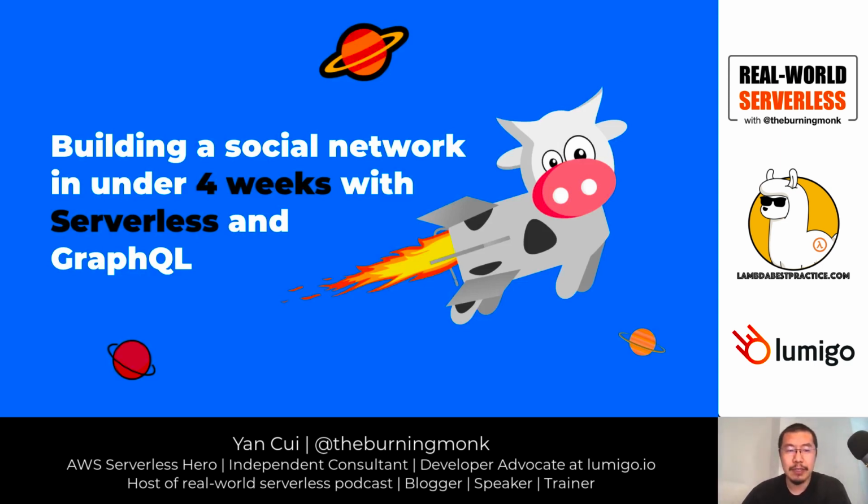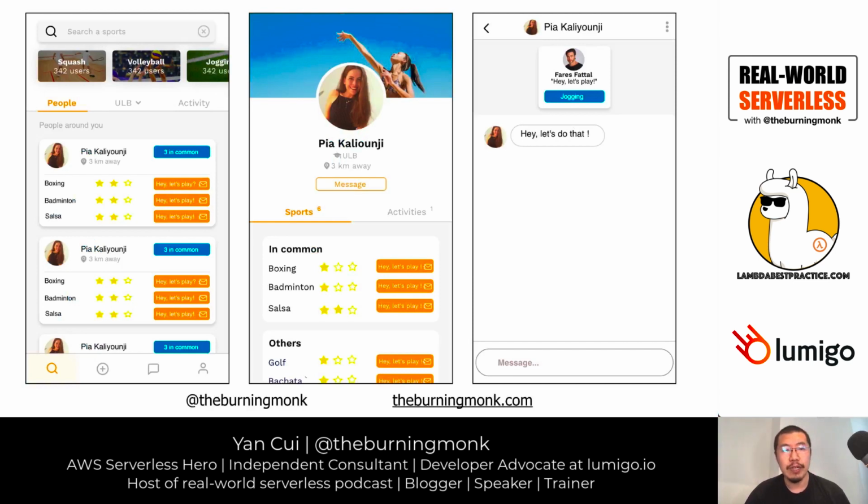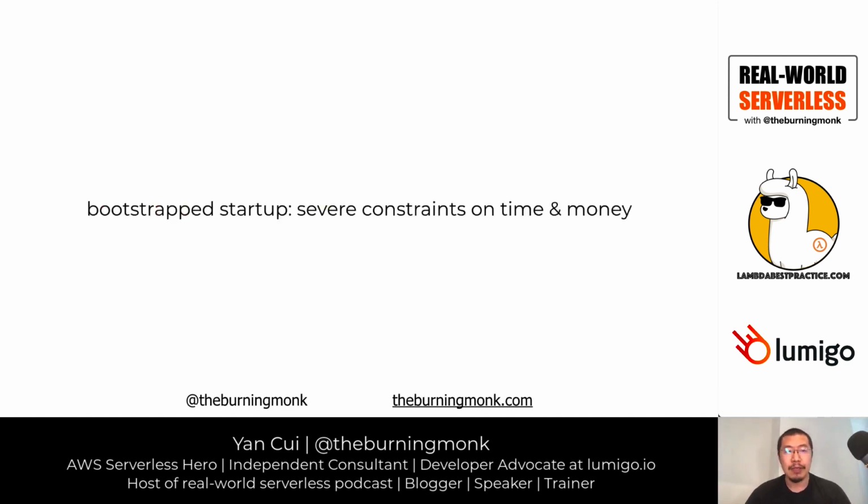Thank you for joining us on this talk on how to build a social network in just under 4 weeks with Serverless and GraphQL. Recently, I worked on a client project where I built a backend for a new social network that lets you, mostly university students, register your sporting interests and find other people to do sports with. You can arrange activities like a basketball match and have a group chat, or you can message each other directly and arrange doing sports together. The client is a privately funded, bootstrapped startup, so there are a lot of constraints on money